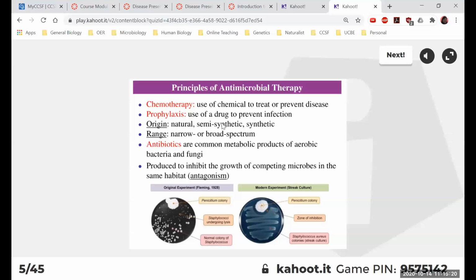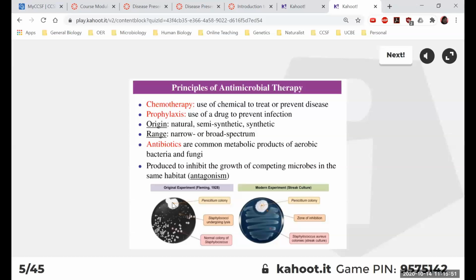So antibiotics can be categorized based on their origin. The initial one, penicillin, for example, this is actually the plate that Fleming, so legend has it, went on a vacation. He was studying Staphylococcus bacteria, and he went on holiday. And then when he came back, he saw a plate that has Staphylococcus growing colonies, but there's also a mold colony that contaminated his plate.